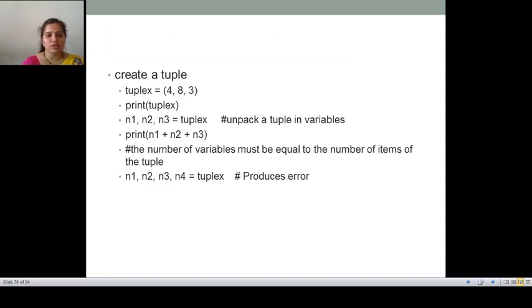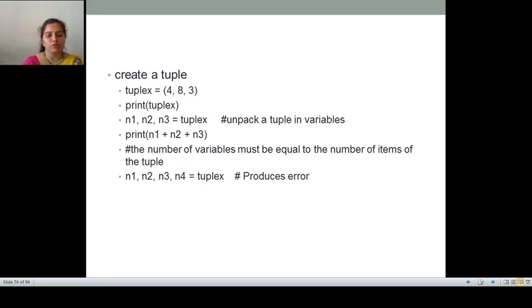So just look at the next slide, that is create a tuple. x is the tuple name which they have given, and I have 3 elements in the tuple, that is 4, 8, 3.